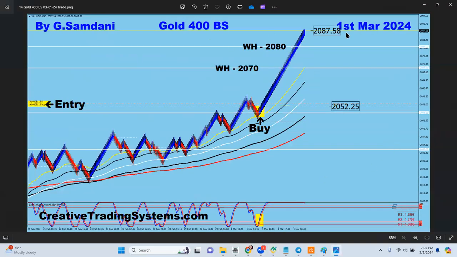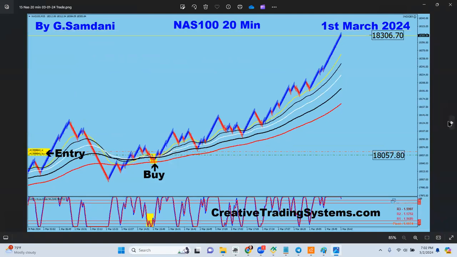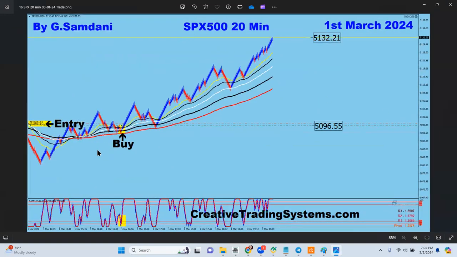So let's go back here again to March 1st. This is the gold, and this one, Nasdaq, right? Look at that, beautiful, huh? This trade was opened by the EA, buy orders right there, and boom, boom, all the way. And here S&P 500 as well, trade opened by the EA, right? Once you know the direction,